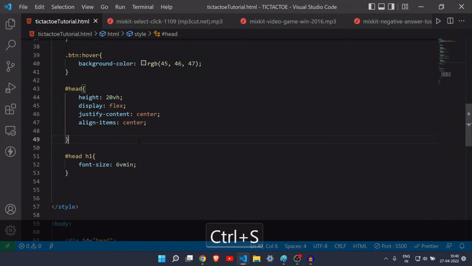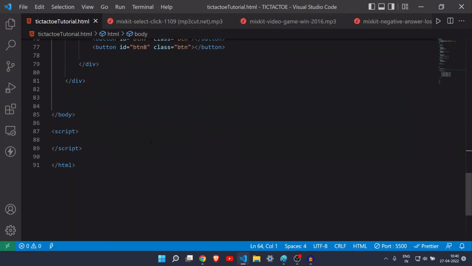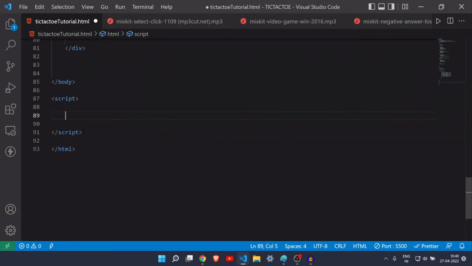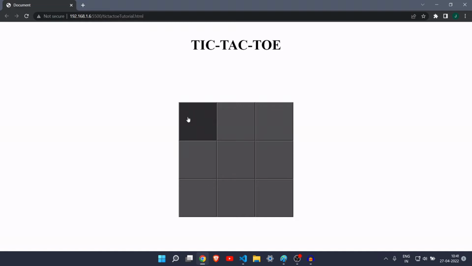And now we are done with our CSS part, and now comes the most important part, which is JavaScript. So let's do that. What we will do, we will just add logic that whenever a btn has an id of 0, the btn 0, and this one btn 1, btn 2, 3, 4, 5, 6, 7, 8. So I will just say that whenever someone clicks on btn 0, it will just add X, and whenever a click on any other element, it will just add 0, and so on,